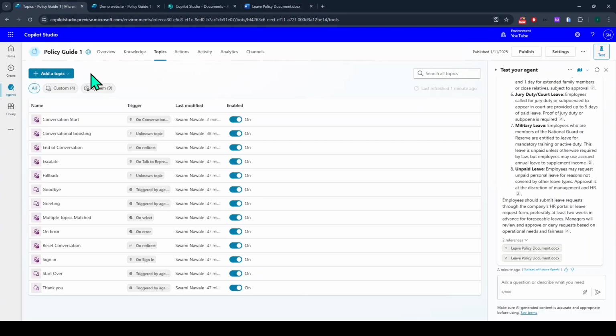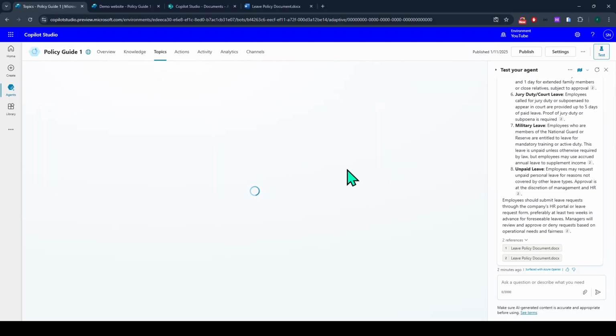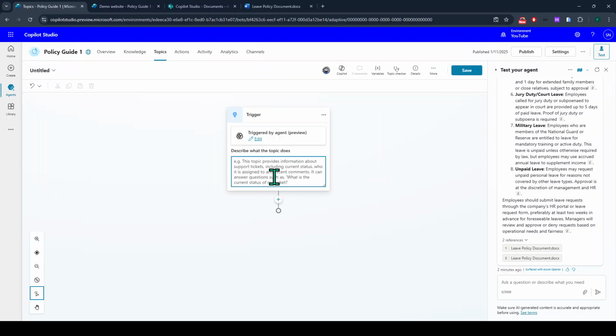Now go to the agent and add a new topic. Here we have two options: you can create it from blank, or you can create it from a Copilot description. But if you are a beginner, I definitely recommend creating everything from scratch to understand how things work behind the scenes. If you are experienced and know how things work, you can create it from the description with Copilot. I will create it from blank. So here I will add some phrases like